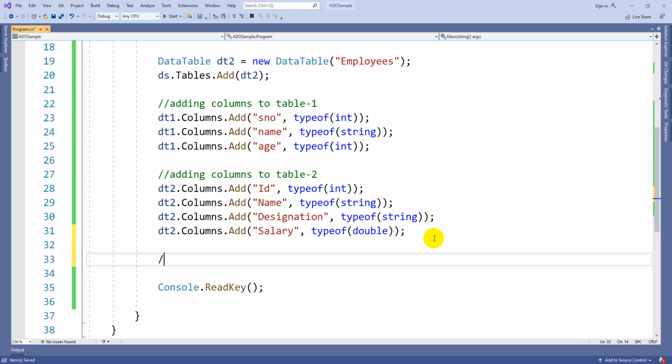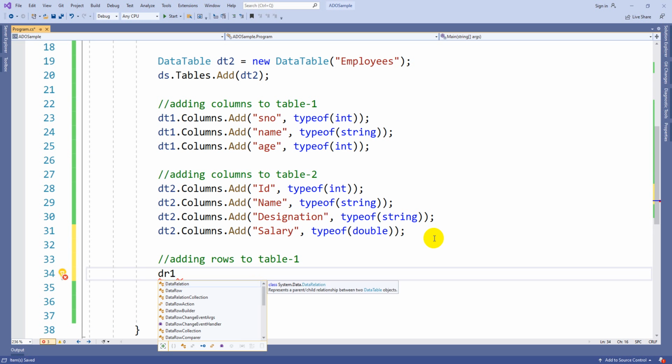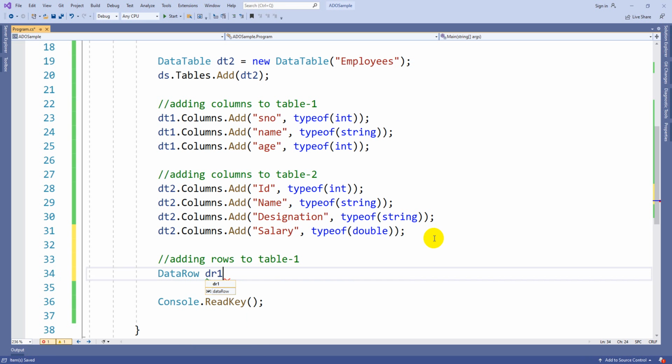Now add rows also, adding rows to table 1. So dr1, let me take some data row, dr1 equal to dt1.NewRow.